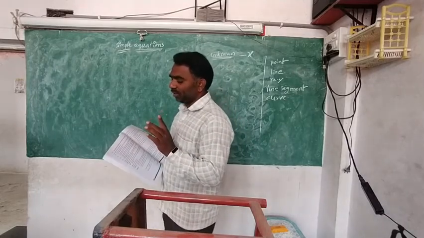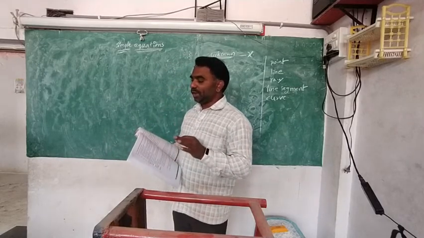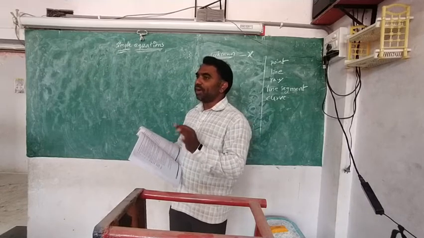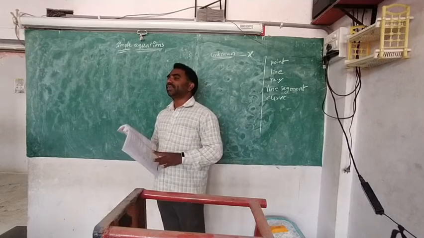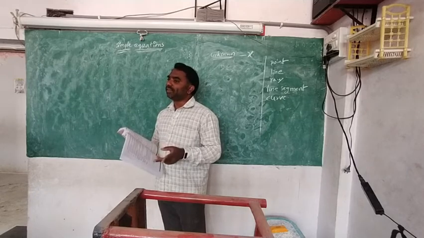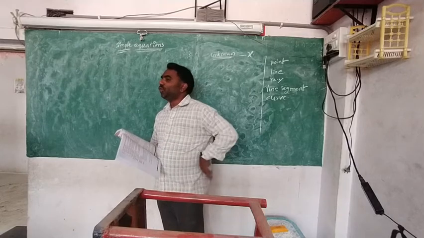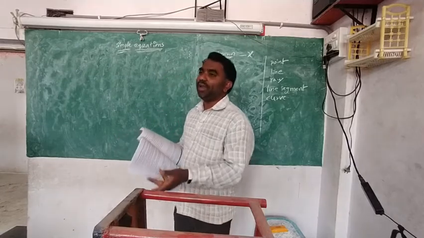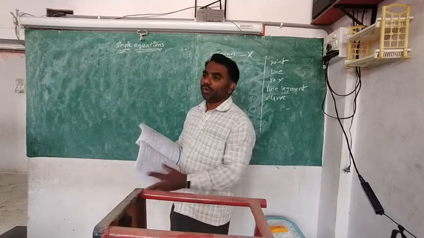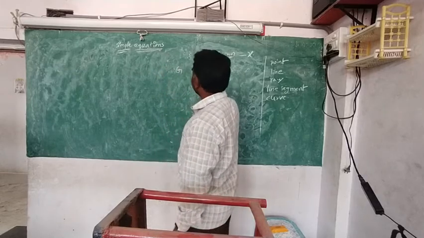What is our situation? You know that the total number of boys and girls in the class is 52. If the number of girls is 10 more than boys, find the number of boys. Which are the unknowns here? Number of girls is unknown. Number of boys is unknown. We don't know how many girls are there. We don't know how many boys are there. These are called unknowns, which we don't know.